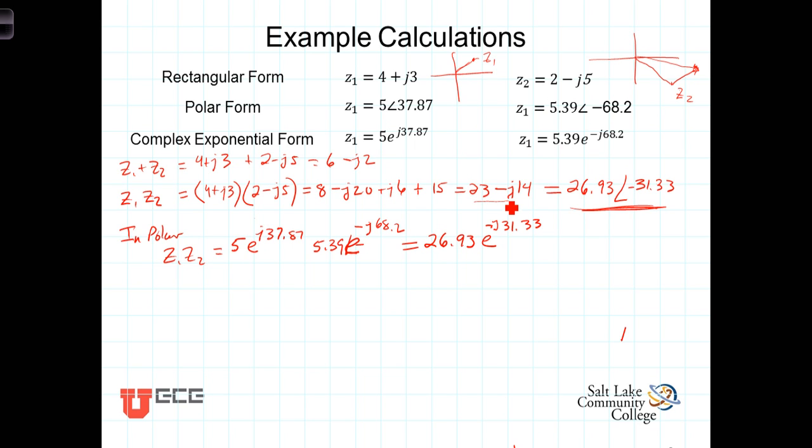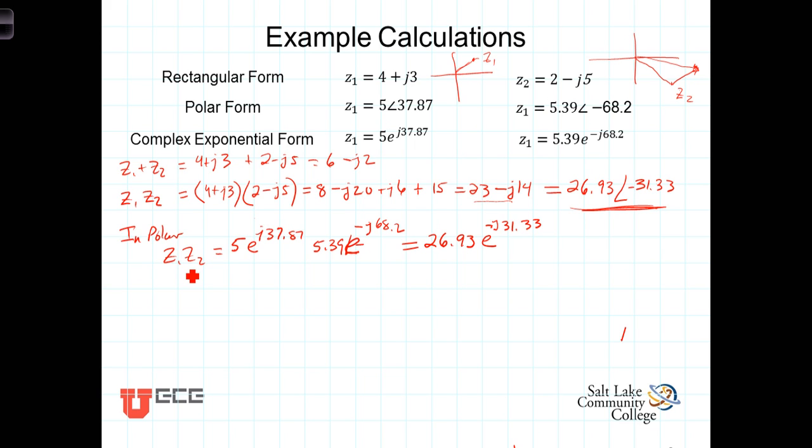Alrighty. Now we've got addition. By the way, I should have mentioned that subtraction is just the same as addition, only you're subtracting the real parts and subtracting the imaginary parts. We've now done multiplication in both rectangular form and in polar form. Now let's look at